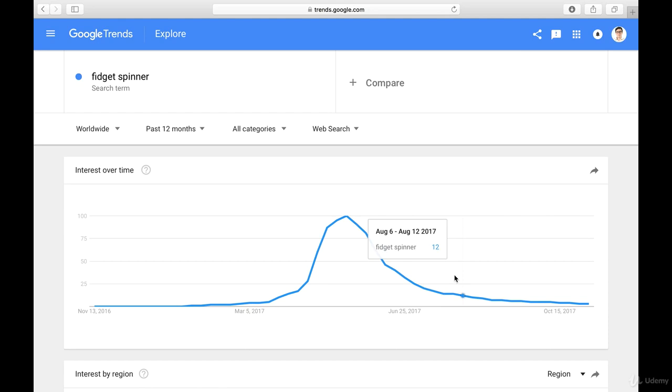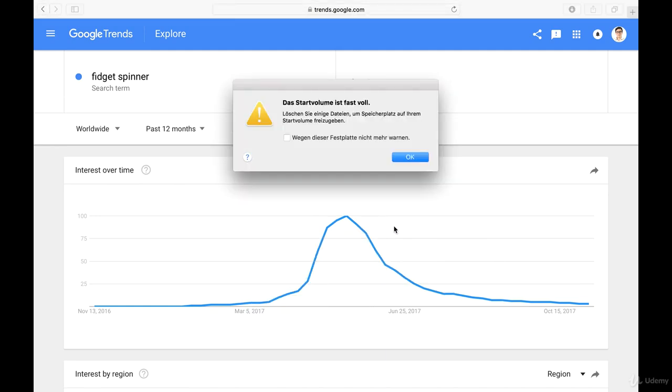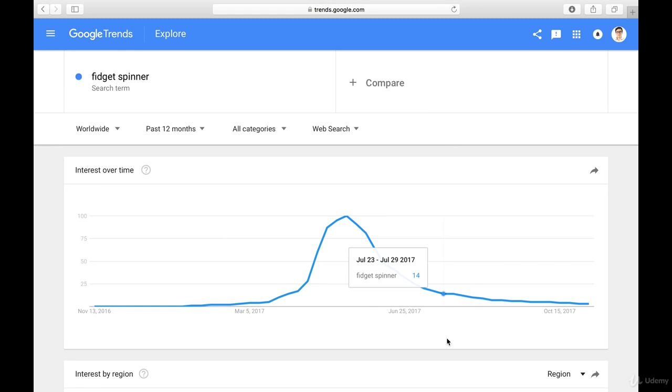And what then happens is that people think it is their marketing strategy. That's why I always recommend going back into Google Trends and simply checking how many people are actually still looking for this. Because this is a very equal representation of what people are interested in when they want to buy a product. So they are interested in the fidget spinner right here. They most likely want to buy this product. And then at some point, there's no one interested in that anymore. And it's very unlikely that you can still generate a lot of sales with your